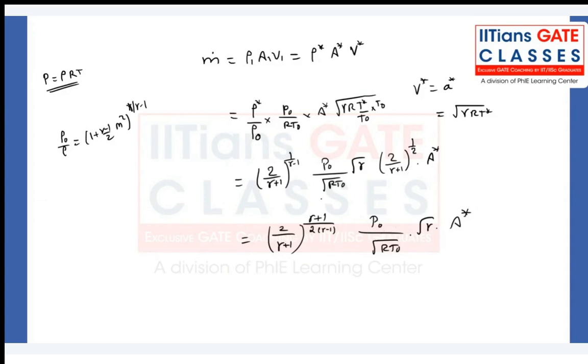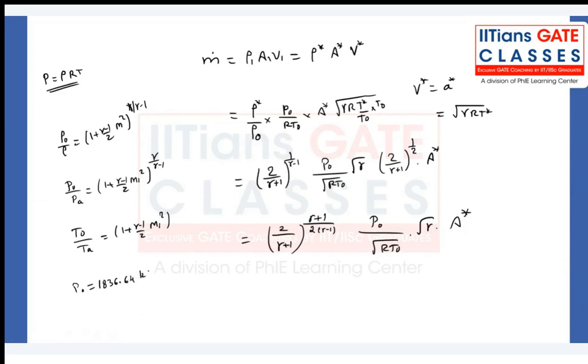So I can use the isentropic relation at the inlet. P naught by P A is equal to 1 plus gamma minus 1 by 2 times Mi square, to the power of gamma by gamma minus 1. From here I can calculate P naught. Similarly, T naught I can also calculate. T naught by T A is equal to 1 plus gamma minus 1 by 2 times Mi square. So from here I can calculate T naught. If you calculate all the values, you should get P naught around 1836.64